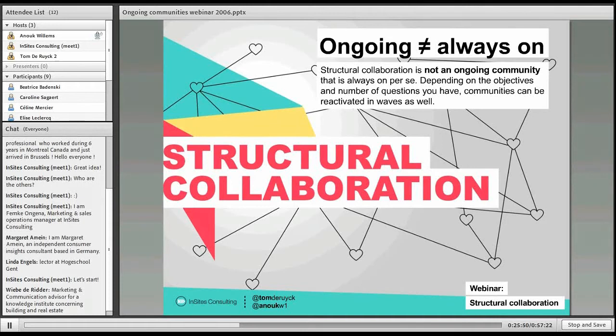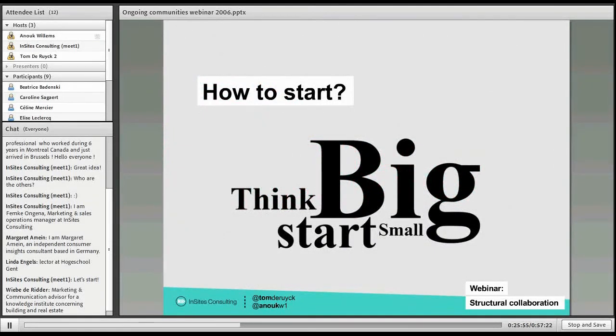We want to work together in the end with consumers almost every single day for every important business decision we want to make within the company across all departments. But we know that for a lot of companies it will be very difficult to do that from the start. That's why we say start small.